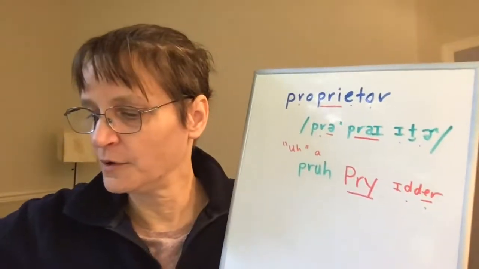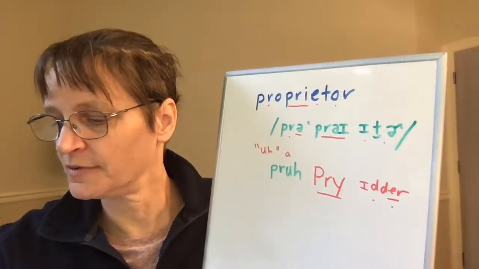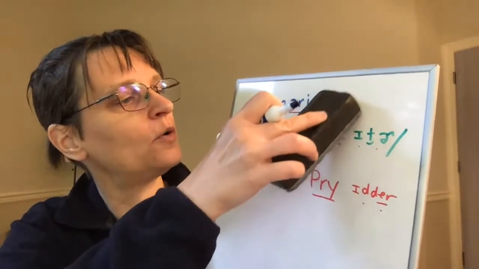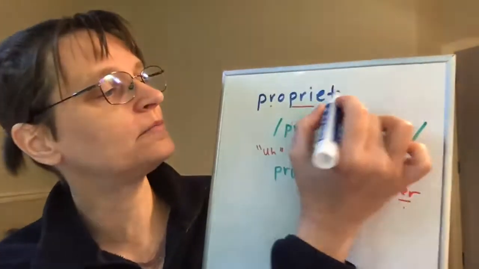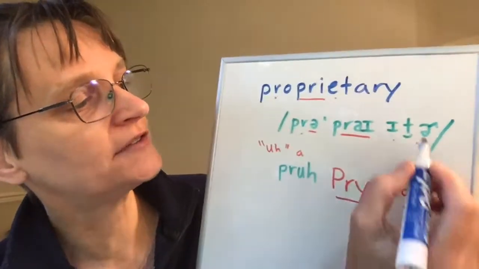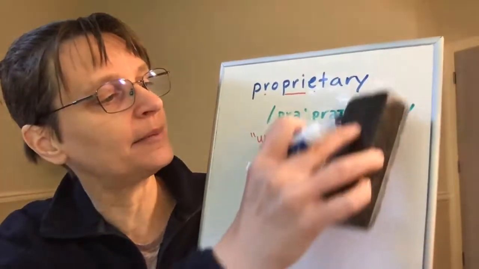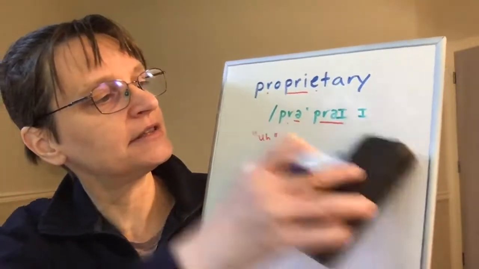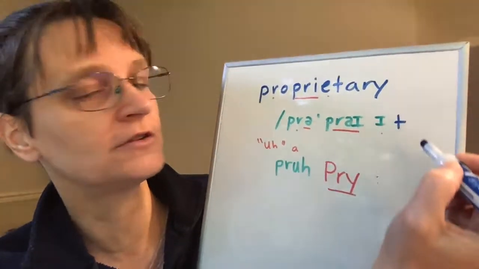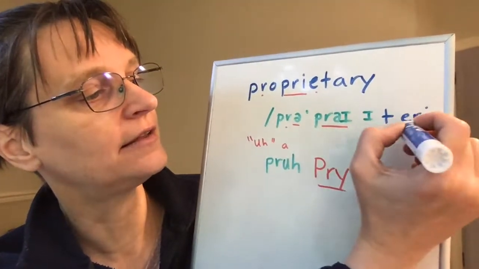And then we also have the word proprietary. And so the only difference there is instead of an or, with OR pronounced ER, proprietary, we do have some changes. So this flap T is no longer a flap because this T starts the syllable terry. I'm actually going to use a regular T there, and I have the air diphthong,